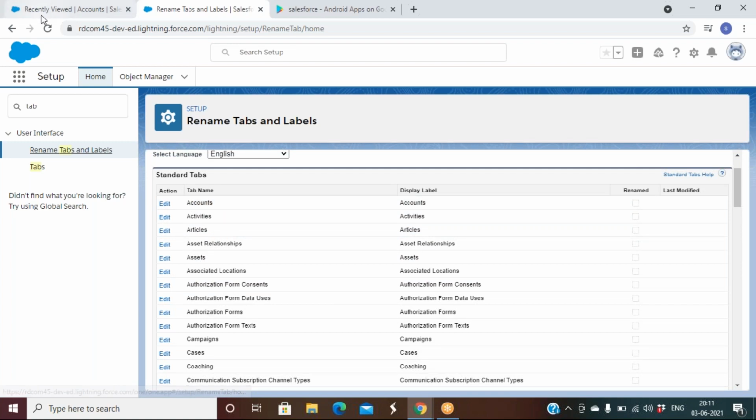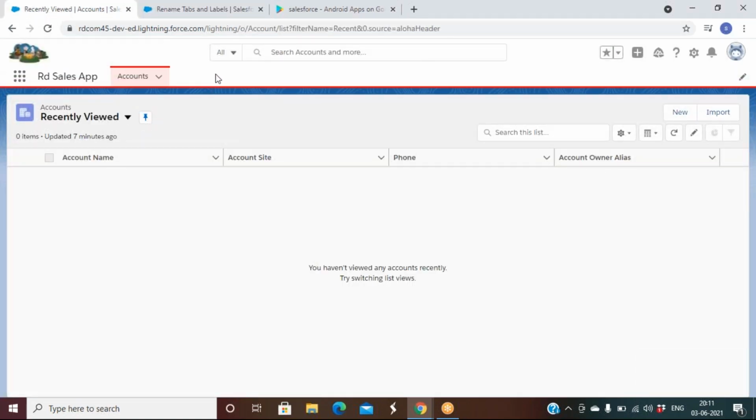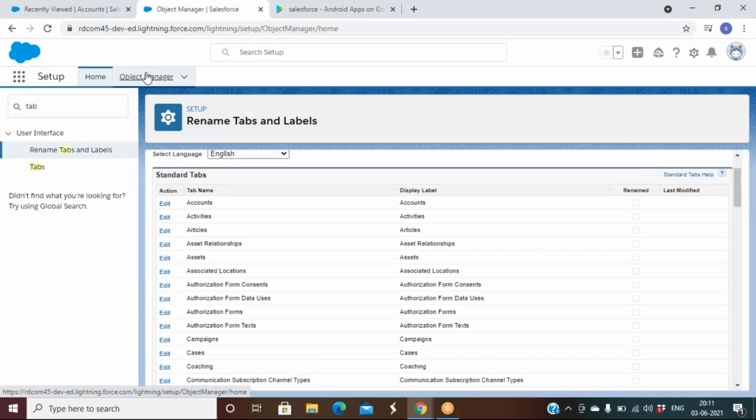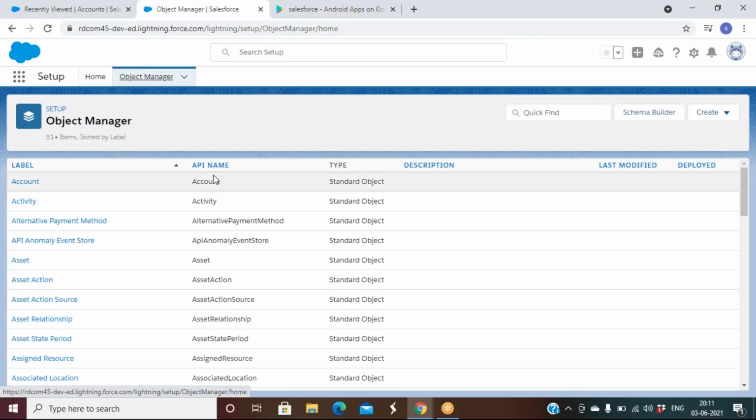However, the user will see the new name on the navigation bar. There only the name changes, but in the back end it will be there with the original name, the API name. The system will read with the API name, and the user will see this name. Now, whatever standard objects we want to use in our app, and whatever custom objects we need to use,